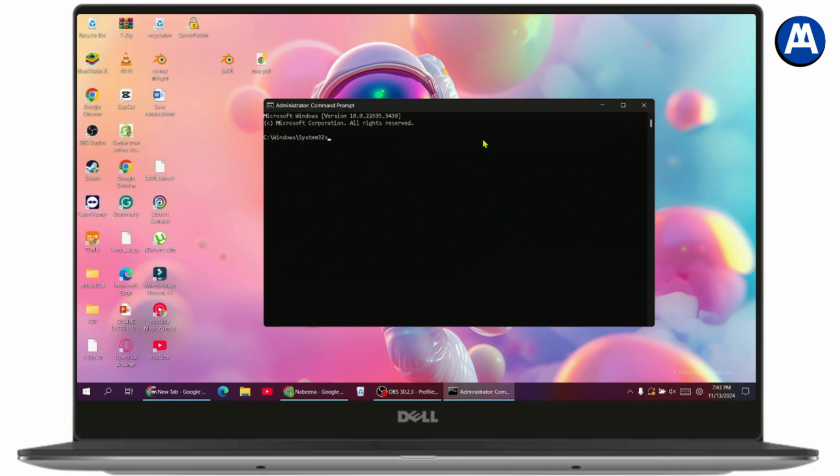The other command goes like sfc /scannow, and hit Enter, and it will again scan the whole computer and repair any corrupted files. Because on my PC I don't have any problem, I'm skipping this step and going to perform another command. So the next command goes like